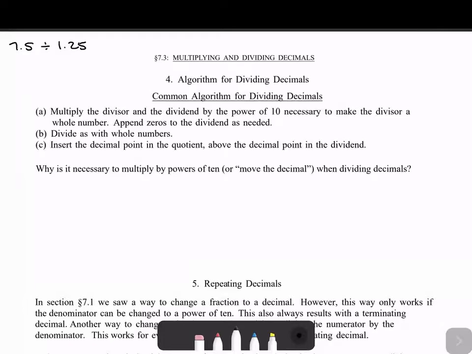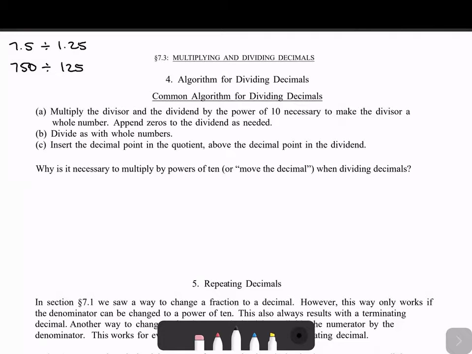power of 10 necessary to make the divisor a whole number. So we only want to divide by whole numbers. In order to do this, we would multiply them both by 100. So this is going to be 750 divided by 125. This was the smallest power of 10 we could use to make 1.25 into a whole number. So then we just divide this normally. So we know that 125